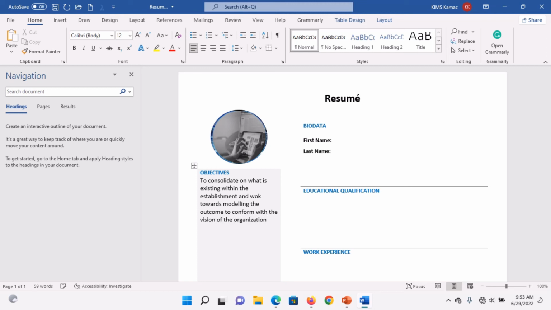Let's put a long-term vision, the long-term vision of the organization. Now let's assume you just wanted to do that correction, you add it, then you can